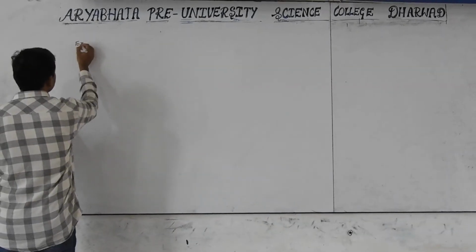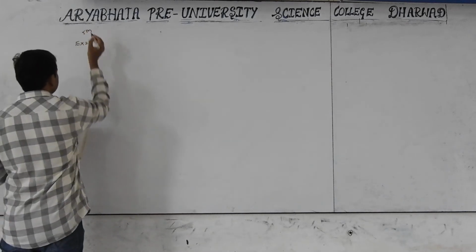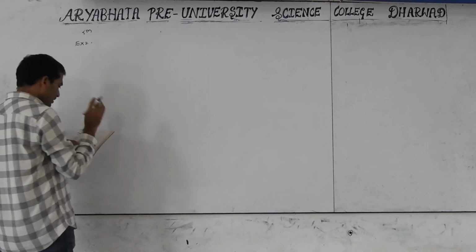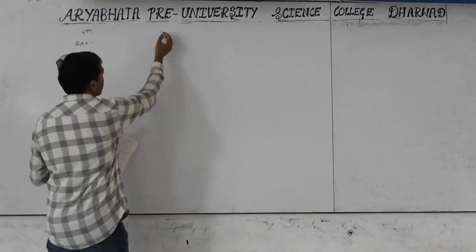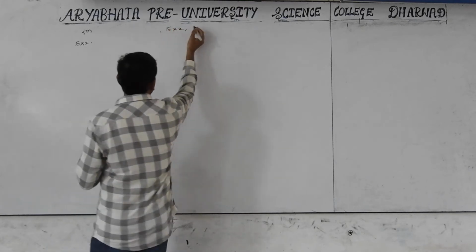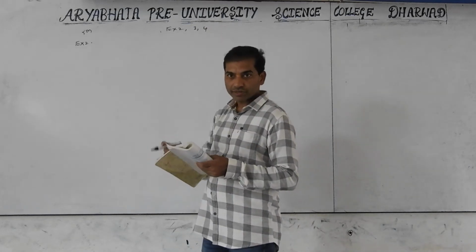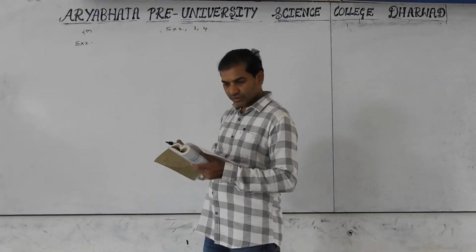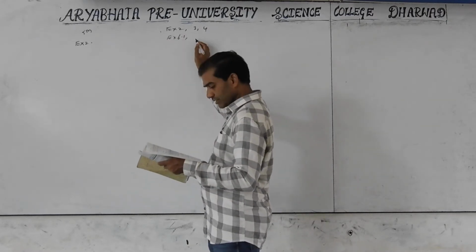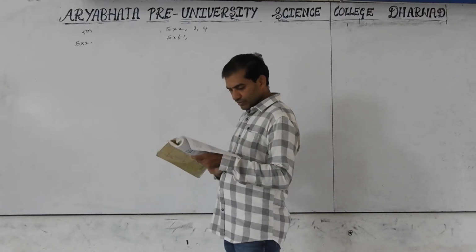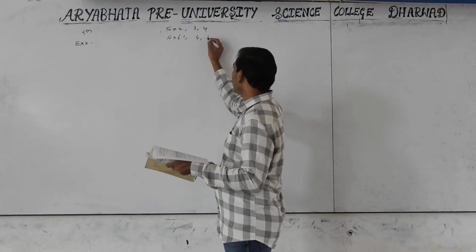Example 2 is important, a 5 marks question. In this topic, 5 marks questions are most important. Examples 2, 3, 4. And in exercise 6.1, the 5 marks questions are the 4th question, 5th question,